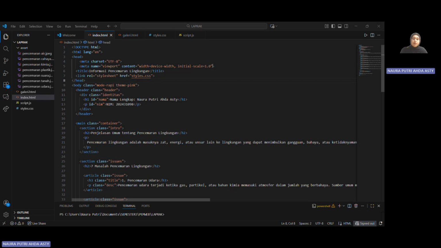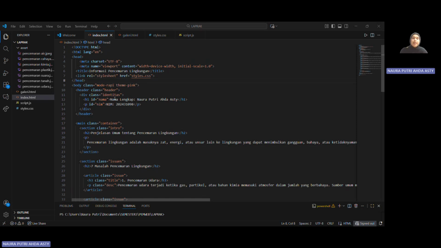The body section contains everything that will appear on the screen. In this section, I add two classes, which are moderapi and the theme part, and this will be used to change the visual theme later.